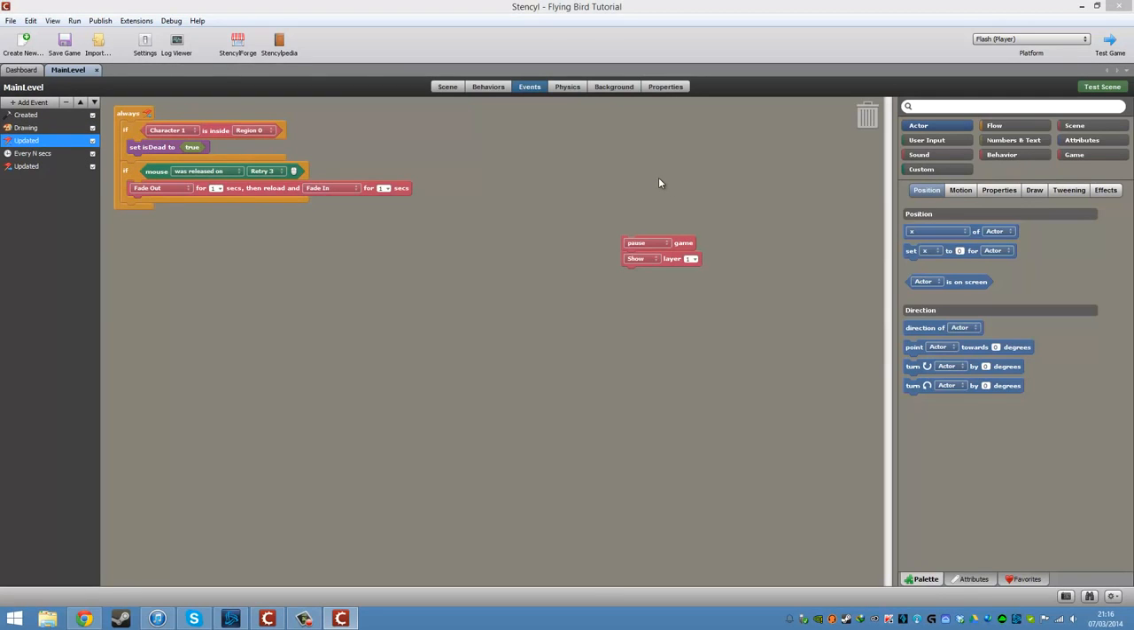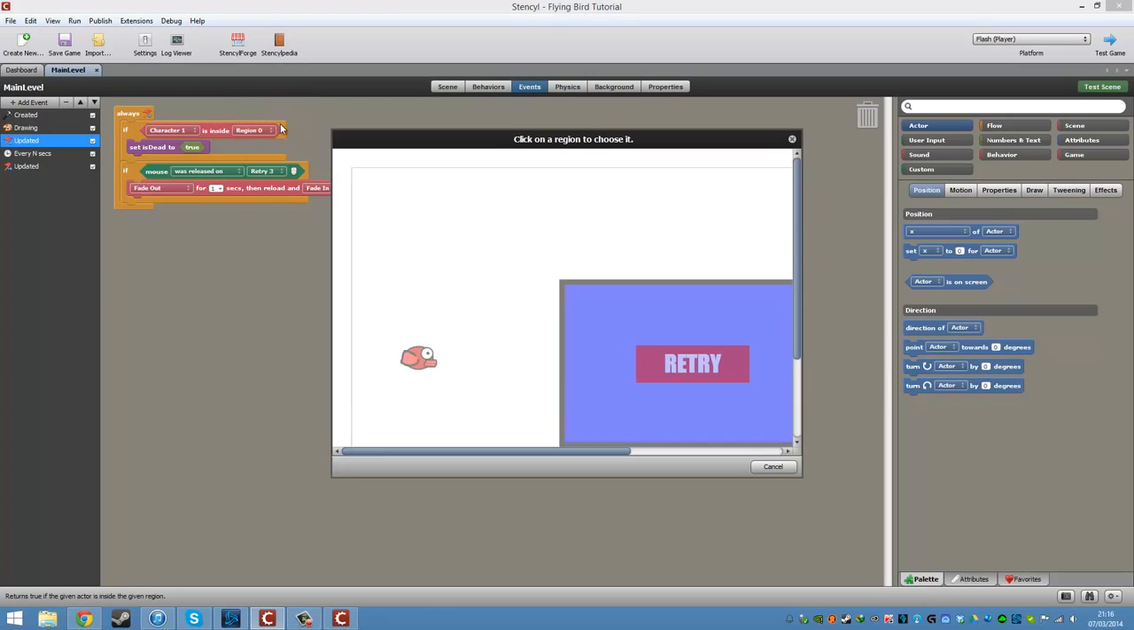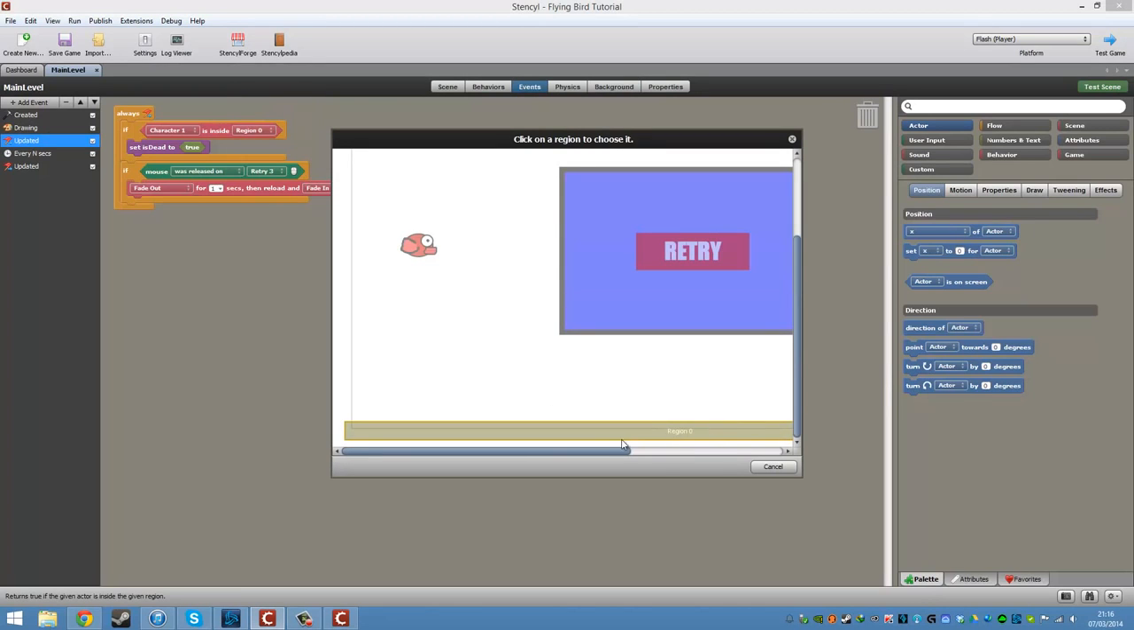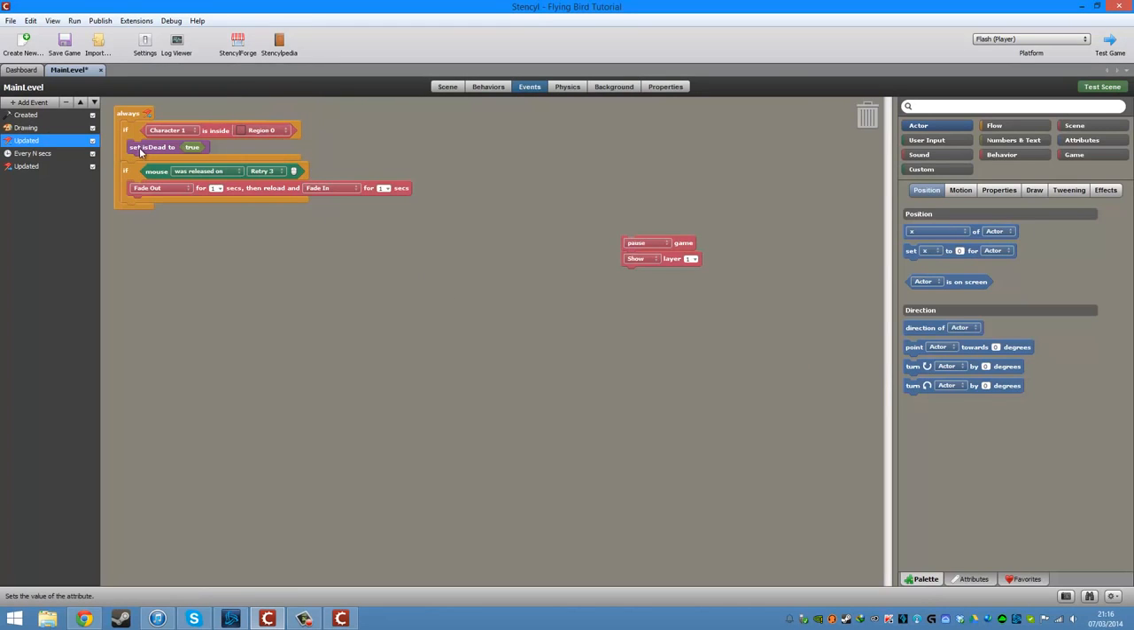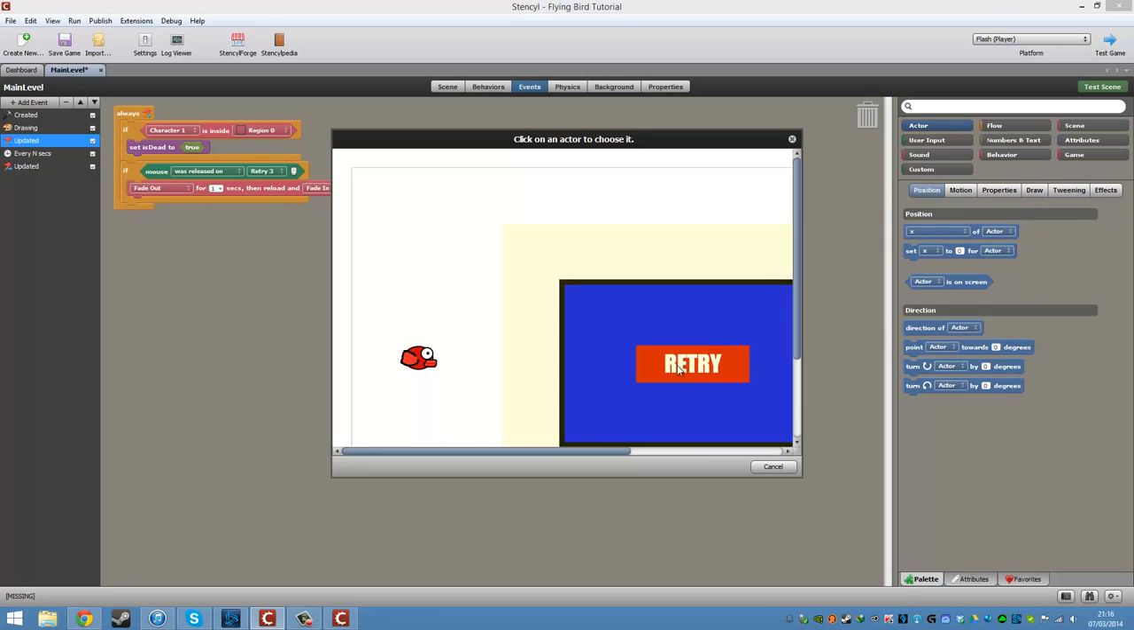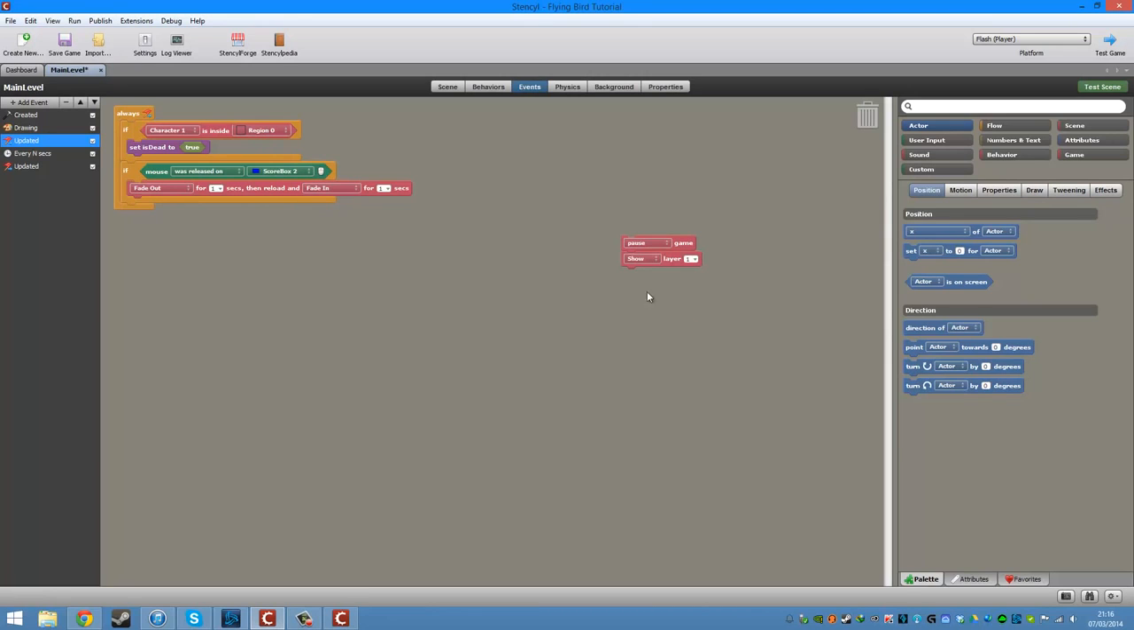Under the updated, I don't think this has changed at all. If the character is inside region 0, i.e. if we hit that bottom plane, then set dead to true, and if dead is true, then your controls don't work, so you fall through the ground. And then if mouse was released on this retry button, this retry 3 button, oops, should have done that,